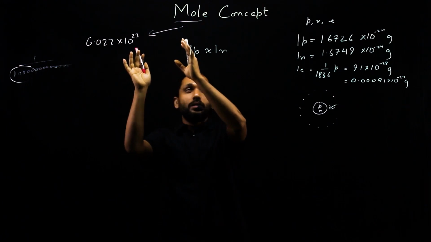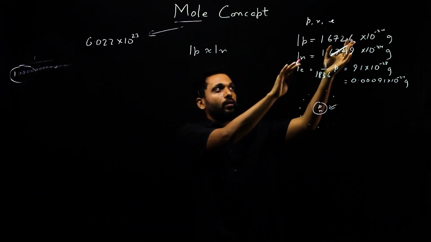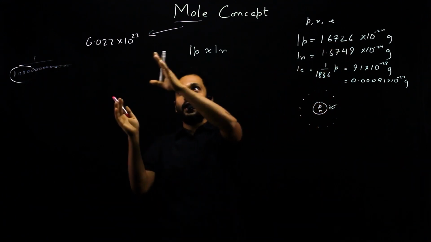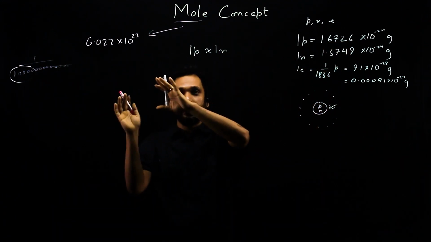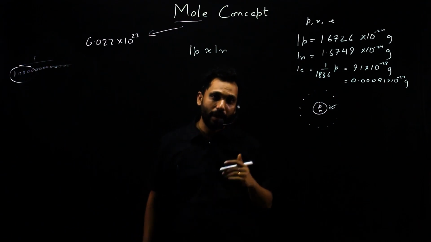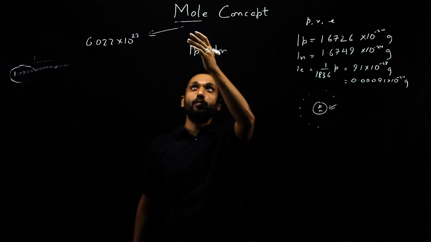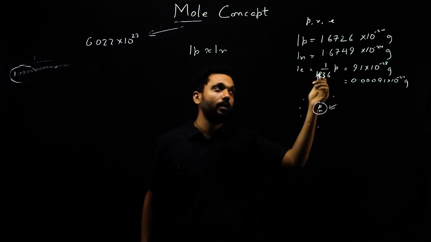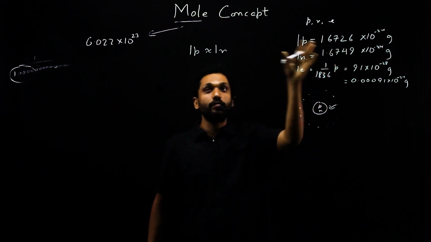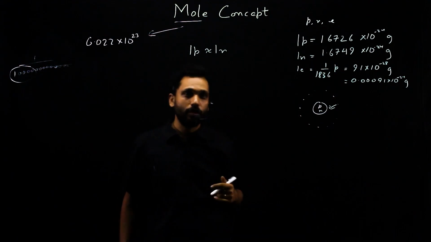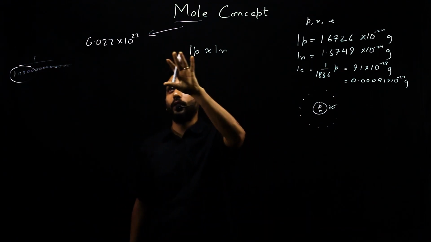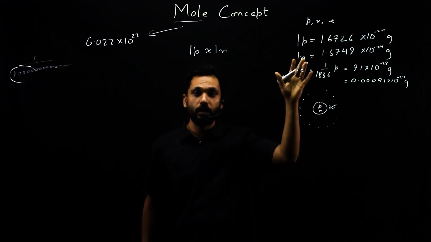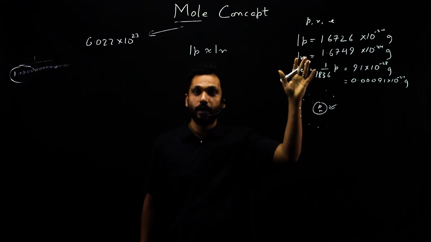So basically the weight of a proton is in the order of 10 power minus 24. So if you have the amount in that order, you'll get the mass in grams. So a collection of a mole of atoms is also called a gram atom, because such a collection gives you the answer in grams. So we know that a mole has to be a very big number, in the order of 10 power 24, to get masses which are measurable, like in grams.